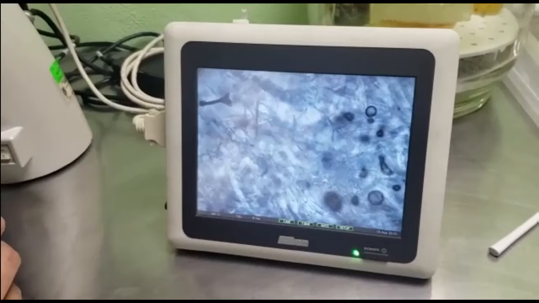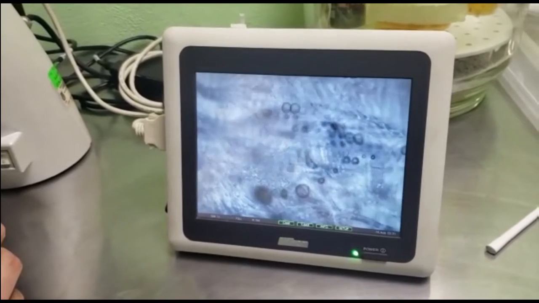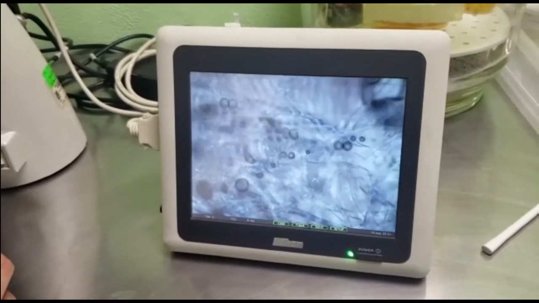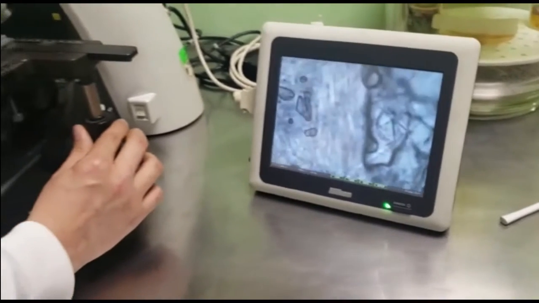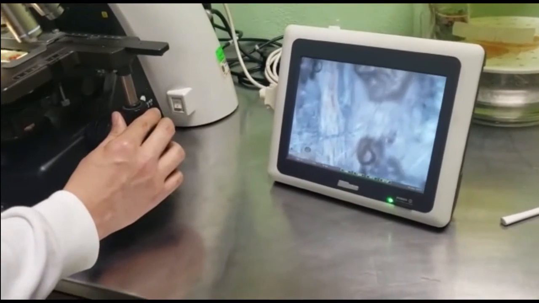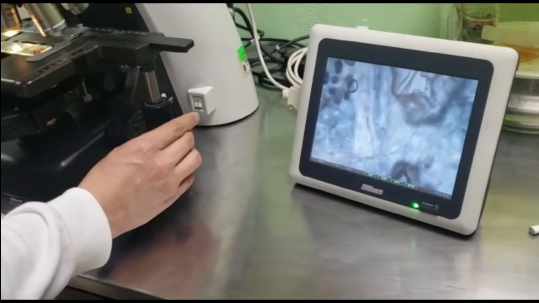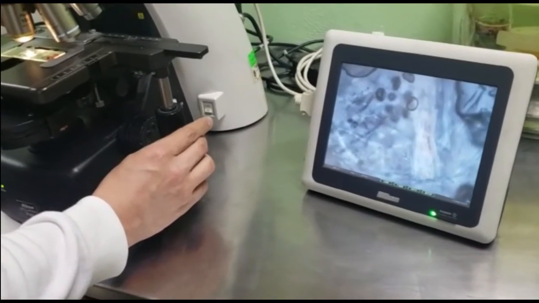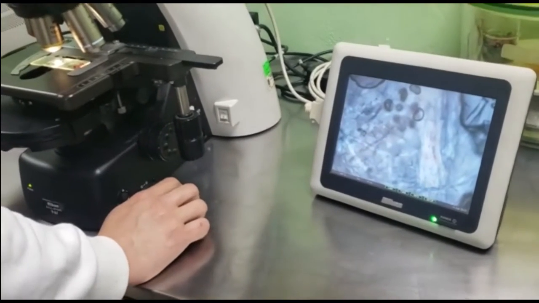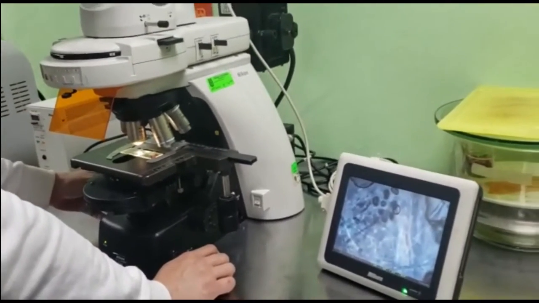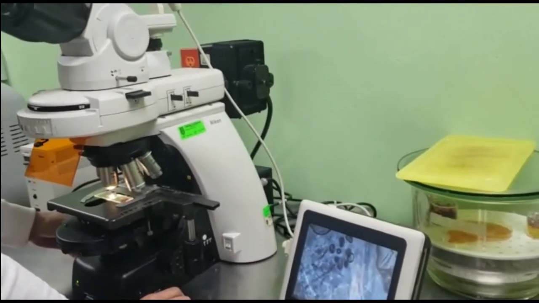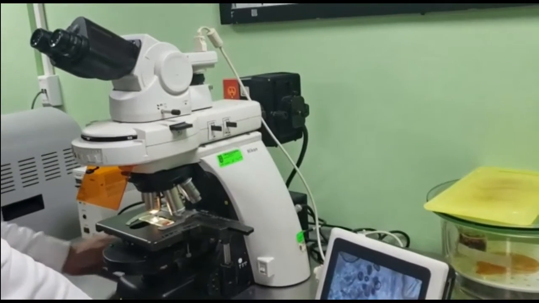This is a first step to the other microscopes, and as you can see, you can move the part of the sample that you need using the platform in which the sample is put, and you can also zoom out or zoom in depending on what you need. If you need to see